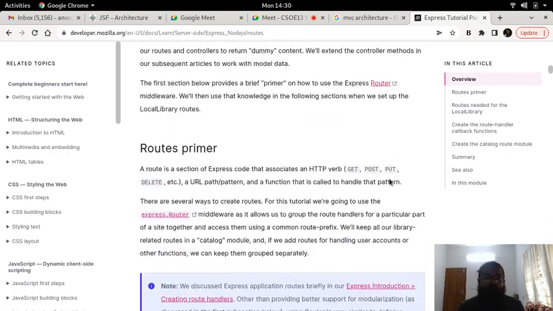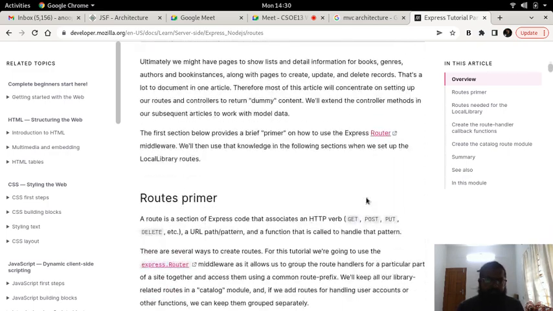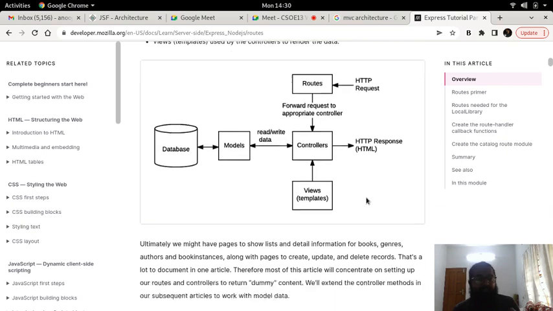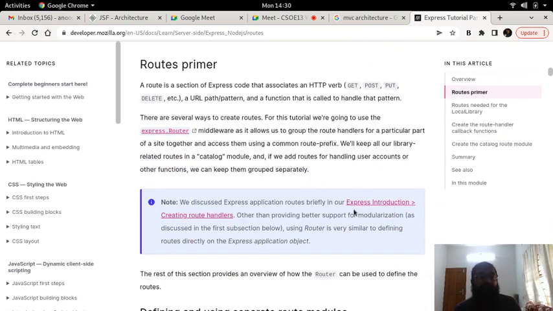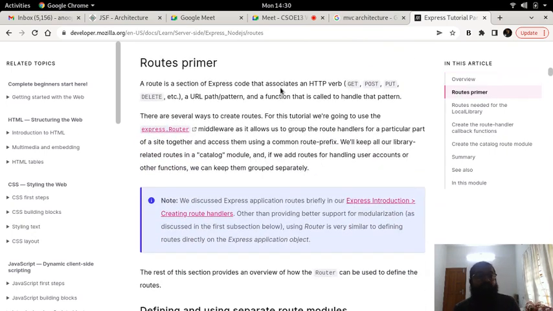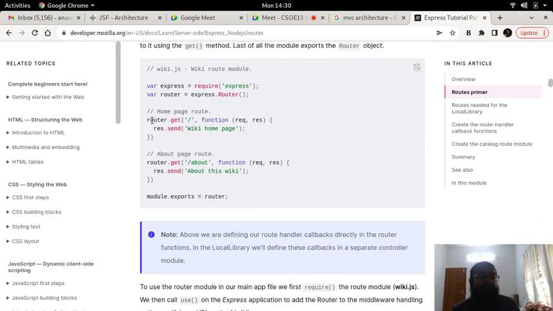So here we came to this particular website because we were looking at routes. Routes are a section of any JSF, Django, or Ruby on Rails application, where you will get some request to the server. It could be a get, put, post, or delete request, or any other request, and a URL is there. Say, for example, router.get, function request.